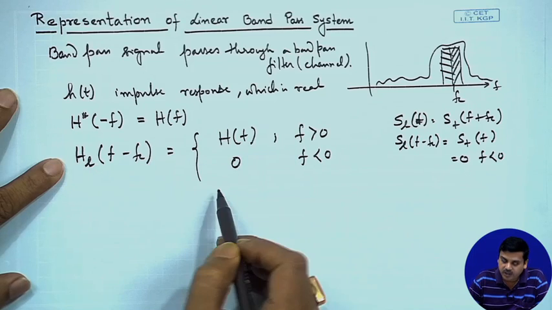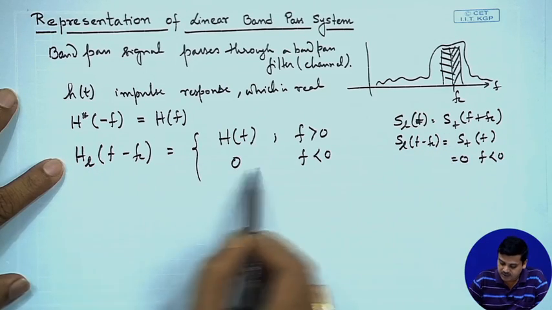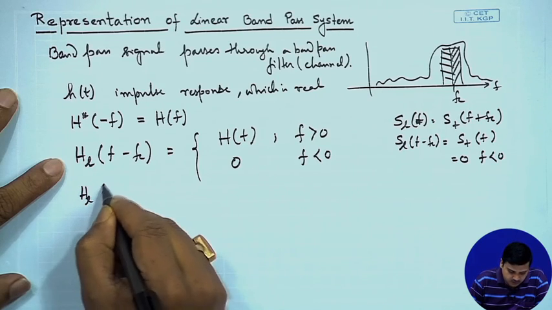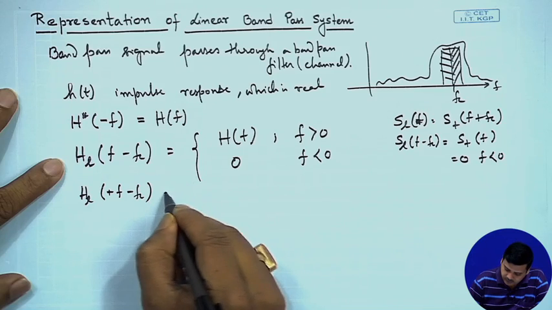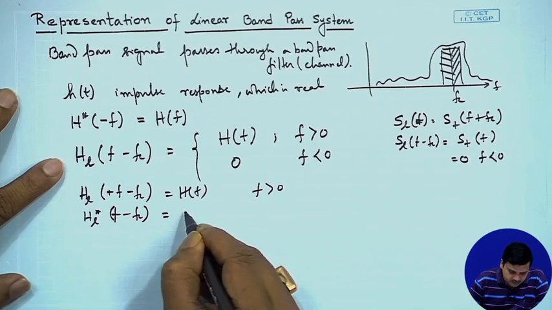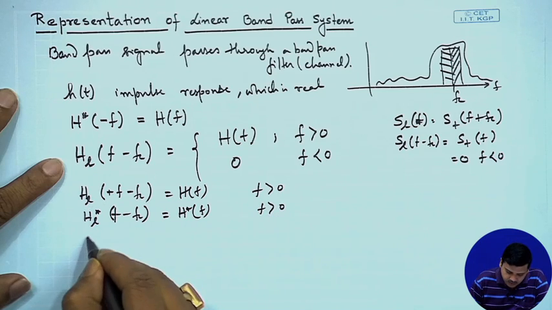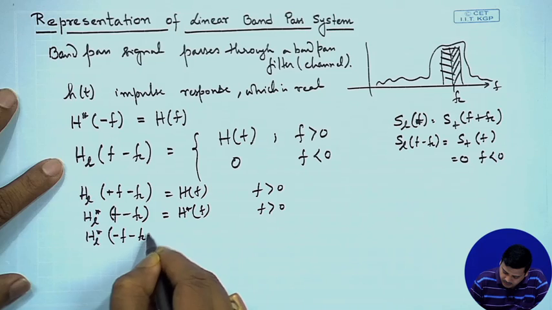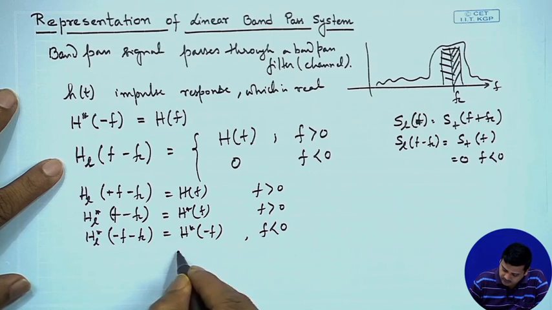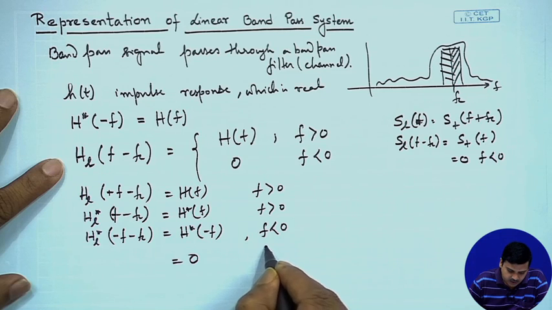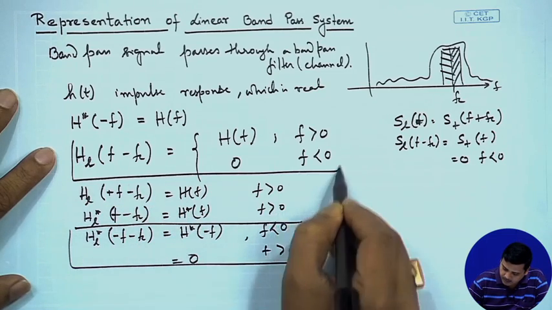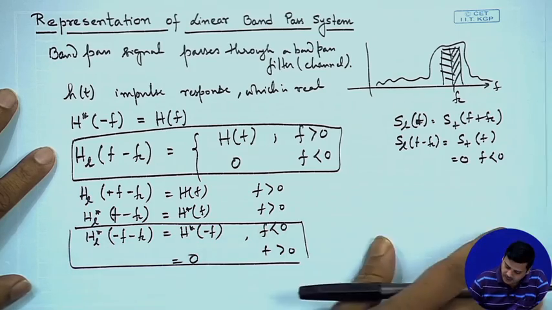The only thing is that we are beginning with this definition. There we started with the real time signal. Here we are saying let us define it in this way, and in a few steps, if we want to actually go through the steps, we have already written H_L of f minus f_c equals H of f for f greater than 0, and you could say H_L conjugate of f minus f_c is equal to H conjugate of f, still for f greater than 0, and then you could say H_L conjugate of minus f minus f_c is equal to H conjugate of minus f; greater than 0 would mean f less than 0. So, then we have this thing for f less than 0, which is equal to 0 similarly for f greater than 0. These are the two steps by which we define the particular channel,